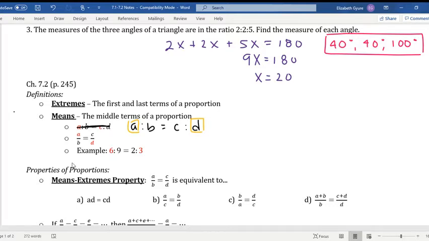Just the first one. So yeah, the first one, it should have been A and D highlighted, not A and C. That's my bad. So for an example here, if we plug some numbers in, like 6 to 9 and 2 to 3, first of all, those are equivalent ratios, right? If you reduce them all down,